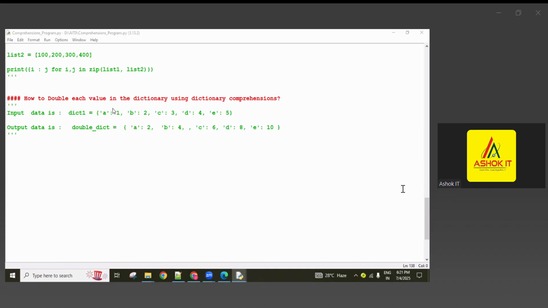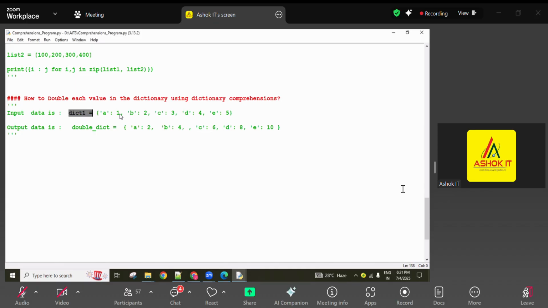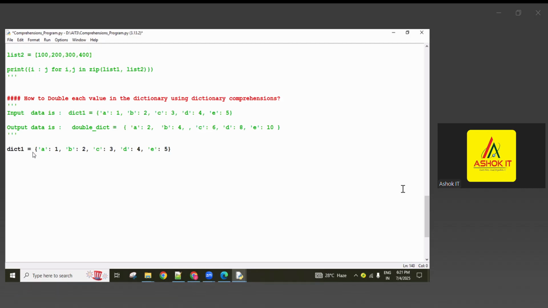So now check this one. I'm going to use the data as it is. Again, copy this, paste it. This is the input, and I want to get the output. Here you can print it, or else assign it separately to a variable and print it later. So we write curly braces, for